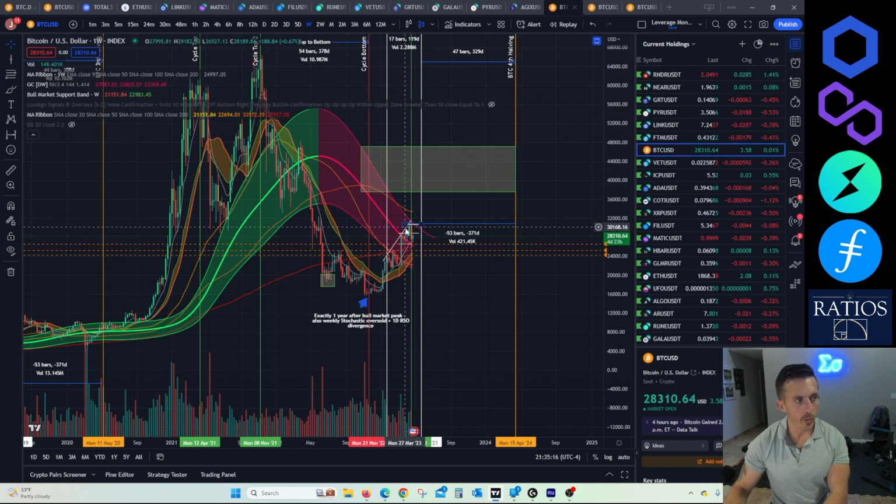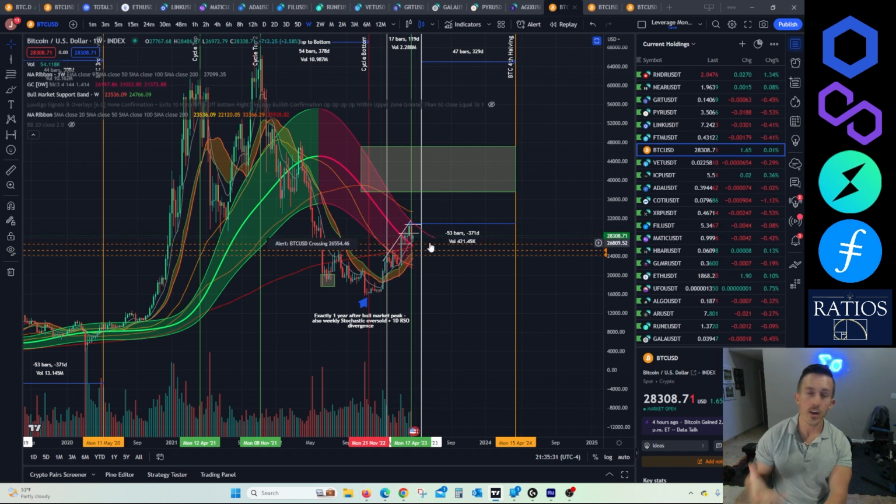Right, so if we do bust this Gaussian channel, I would be taking profits somewhere in this box, maybe 25, 25, 25, 25, or 50, 50, or taking profits within this box and waiting to rebuy everything that you want back in the Gaussian channel. For me, that's Bitcoin, Chainlink, Polygon, Thorchain, Filecoin, and Cardano.